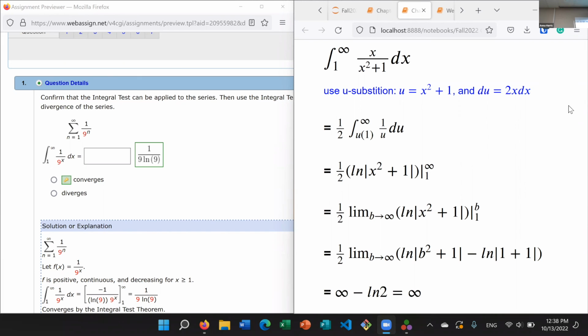Plug in, now replace b with infinity. What does natural log of infinity mean? It's a huge number, right? So this whole thing becomes infinity. Infinity minus some number is still what? Infinity. So is this convergence or divergence? Divergence. That's right. To converge means you're going to have some number. I don't know what the number is, but it's supposed to be a number. Then it's a convergence. All right, so that's how you do